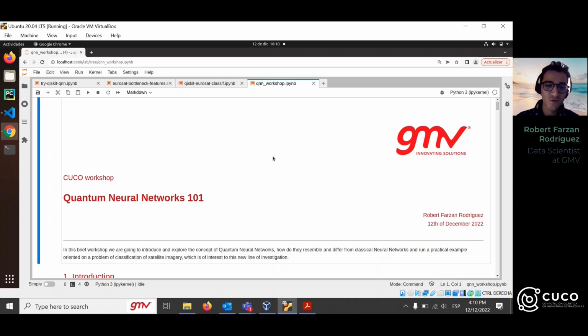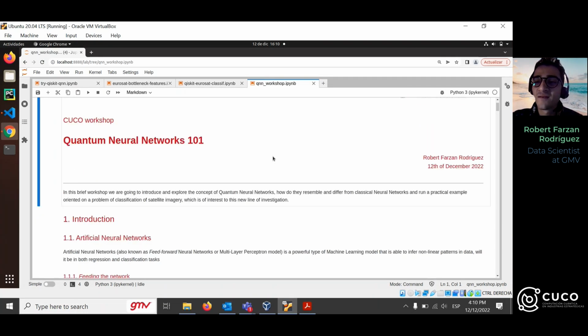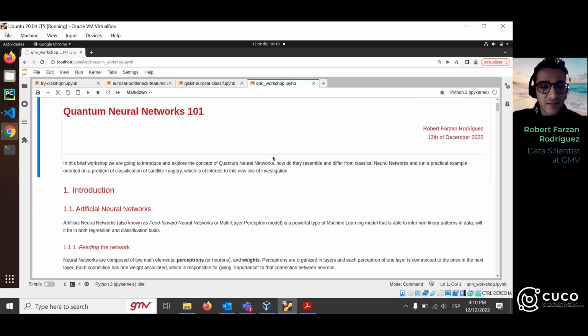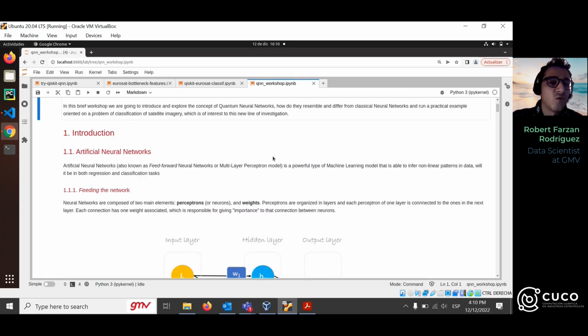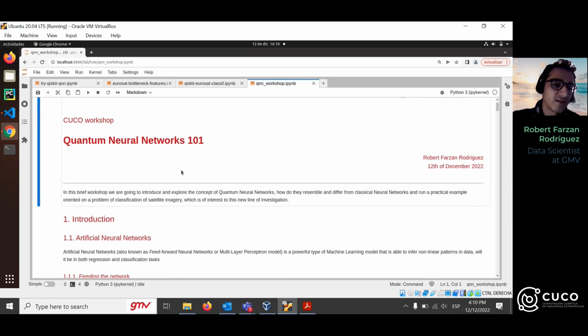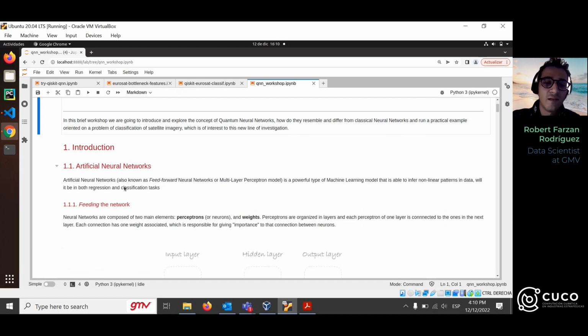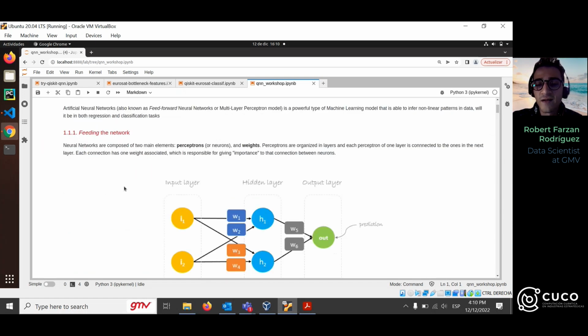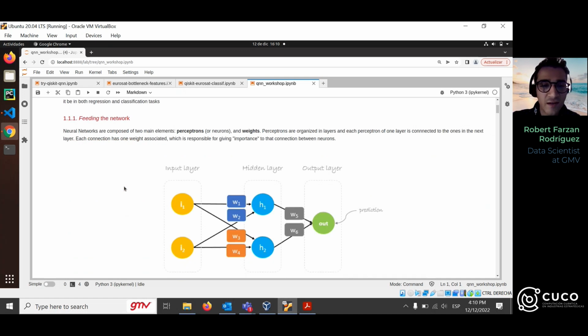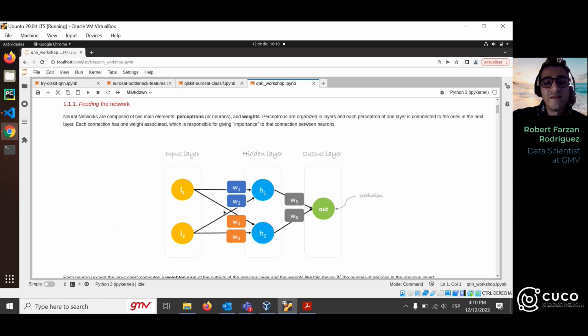So, quantum neural networks 101. As I said, this is a little experiment or recompilation of tutorials and material that I found on the internet about this. To understand quantum neural networks, the first thing is to also understand the classical neural networks, which I believe most of you know how they work, but just as a quick refresher, I'm going to remind this. Classical neural networks are a classical machine learning model that is composed by perceptrons or neurons